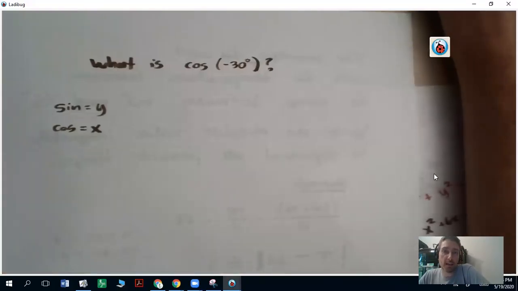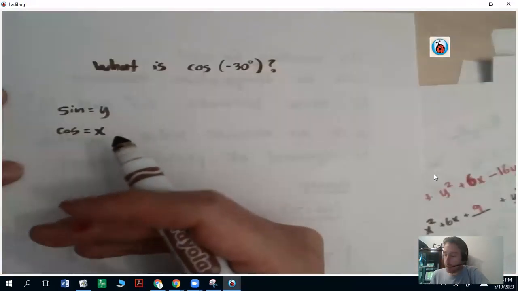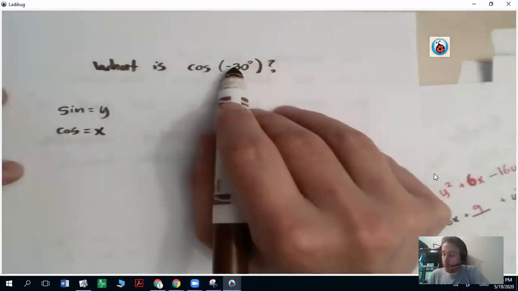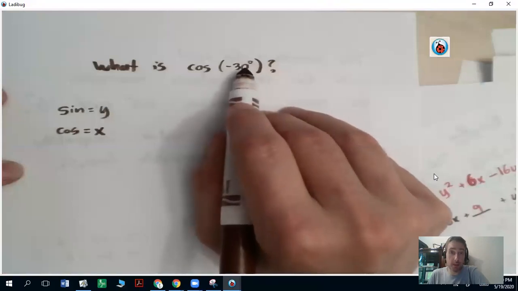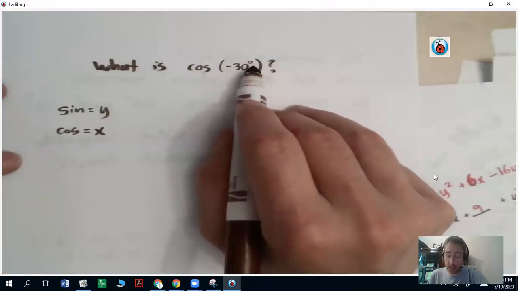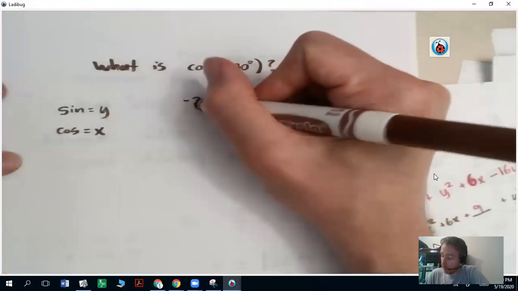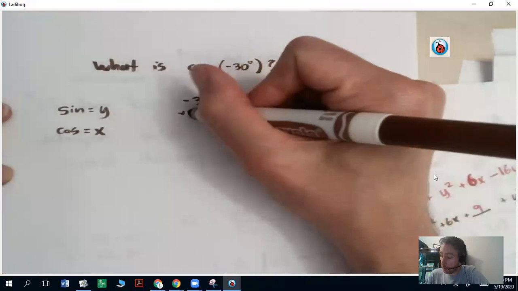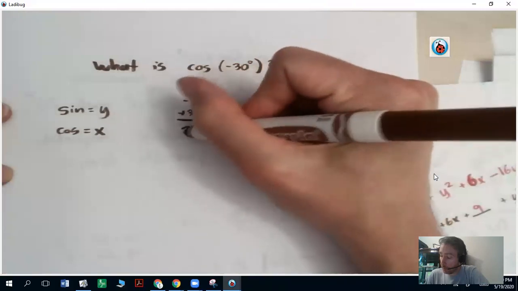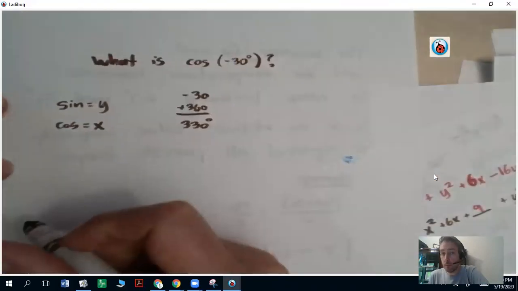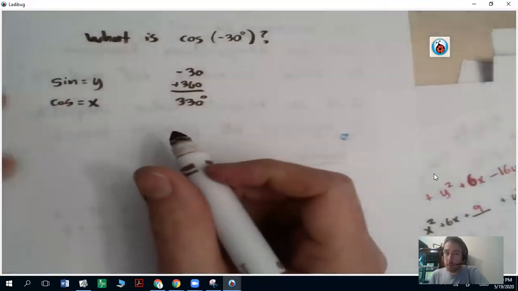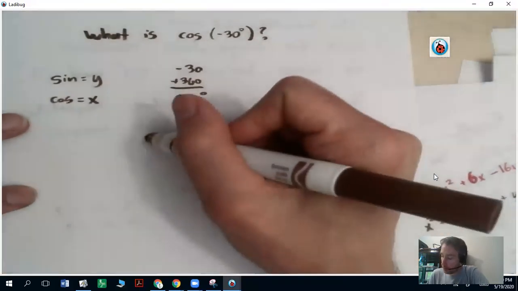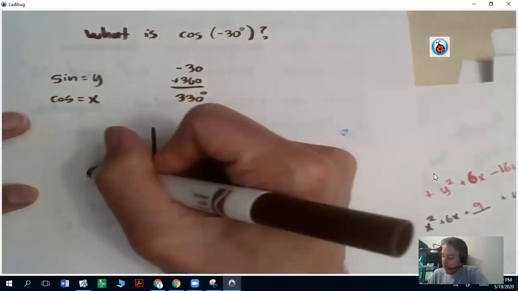When you have to take the sine or cosine of a degree, you can utilize unit circle techniques. If that number of the degree is not between 0 and 360, we've got to get it into that range first. So since negative 30 is not between 0 and 360, I would add 360 to get 330 degrees. Now on the unit circle, you can look it up, but I know that at 330 degrees,